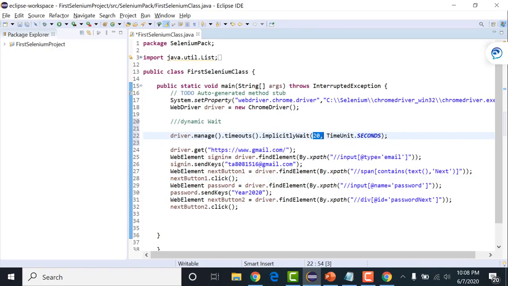What will happen? It will try to identify the element within these 20 seconds. It will keep on checking for your element on your web page till 20 seconds. If not found after 20 seconds, then an exception will be thrown. And if found within 10 or 15 seconds, then the rest of the time will be ignored by the Selenium script. You have defined the time as 20 seconds, which is the maximum time Selenium has to wait before performing any action.